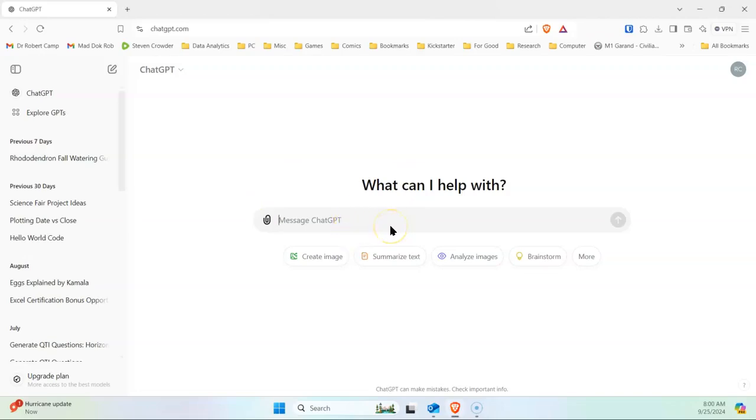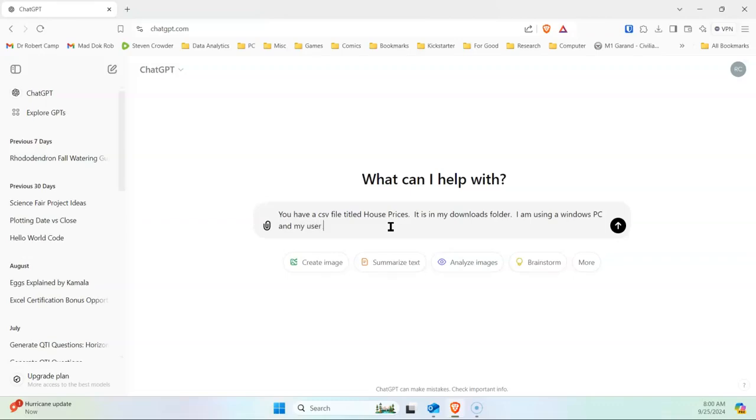So we'll sit here and tell it, you have a CSV file titled house prices. It is in my downloads folder. I am using a PC, now we'll just say a Windows machine, Windows PC, and my user name is,